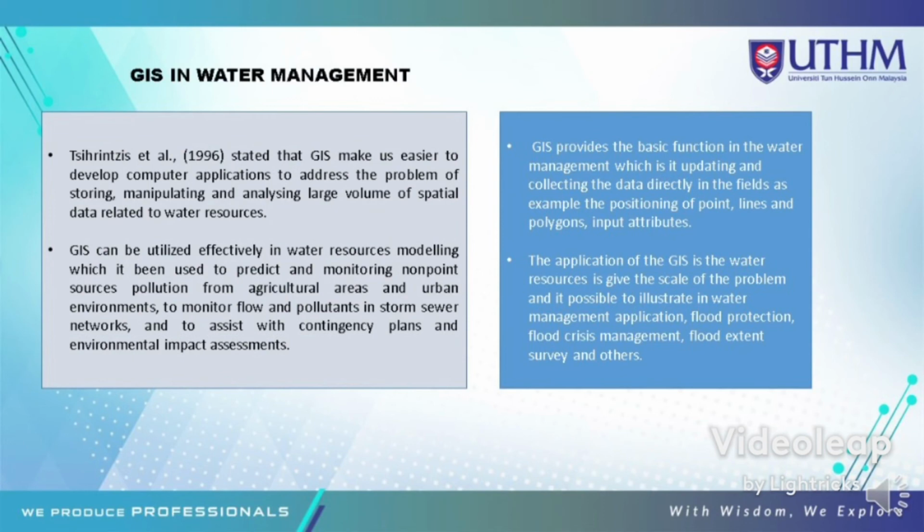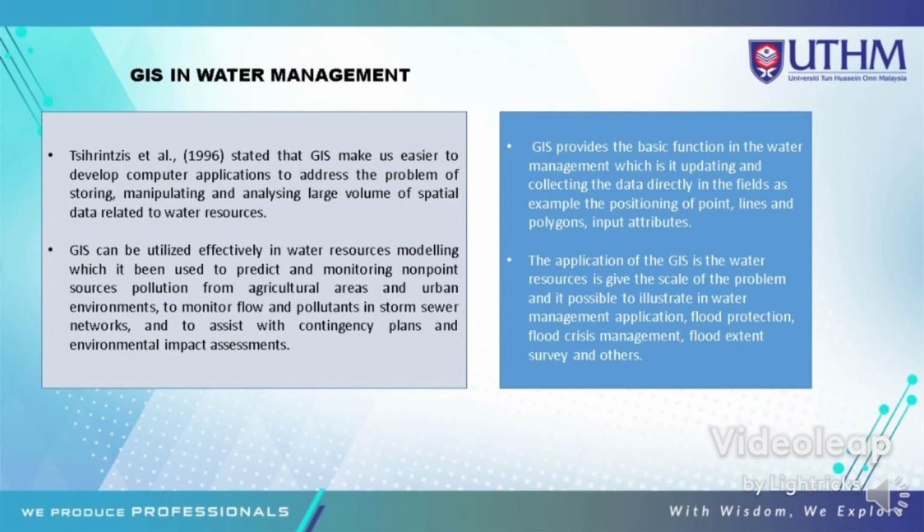GIS can be utilized efficiently in water resources modeling, which has been used to predict and monitor non-point source pollution from agriculture areas and urban environments, to monitor flow and pollutants in storm sewer networks, and to assist the contingency plans and